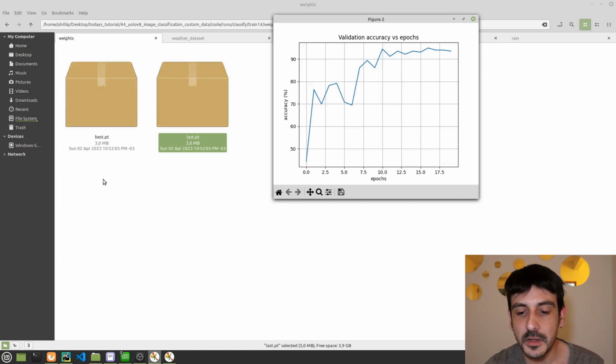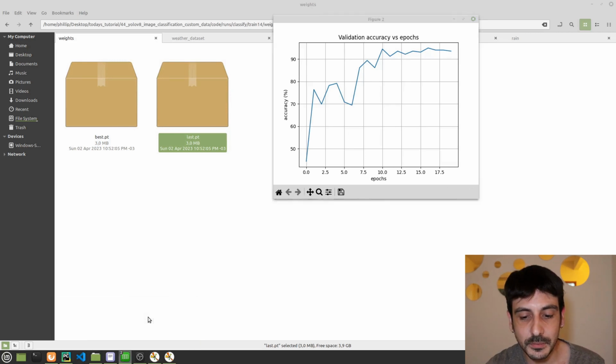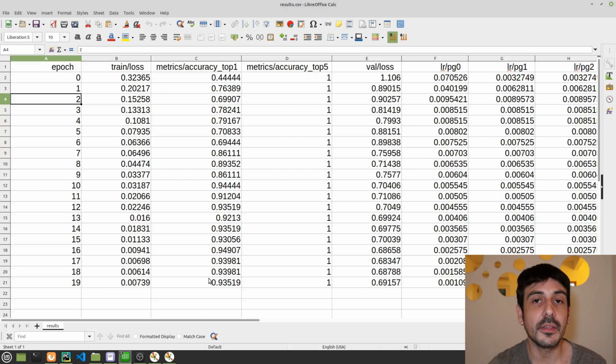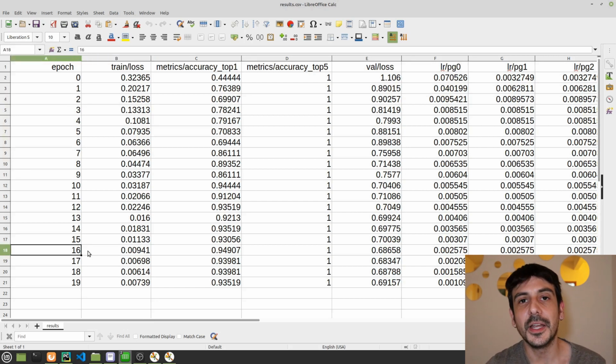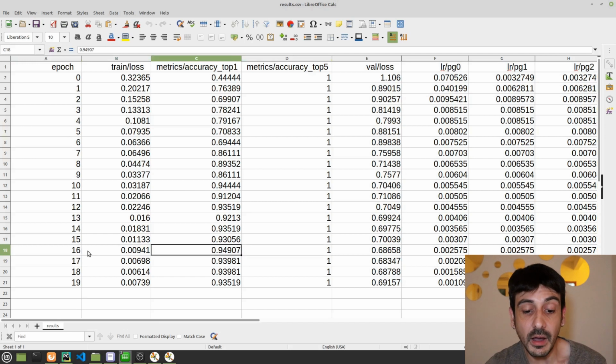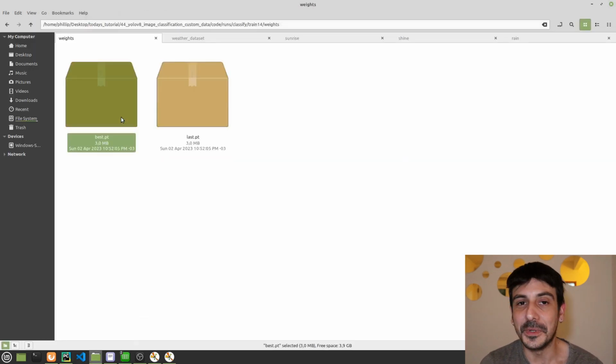But you may wonder, hey Felipe, it's great that at the end of our training process our accuracy is something like 93%, a very good accuracy. But if we take the model at the end of the 16th epoch, for example, our accuracy is higher, 94.9%. Maybe it makes more sense to take that model instead, right? Because we have an even higher accuracy. And if you ask me something like that, I would say, yeah, you're perfectly right. That's a very valid argument.